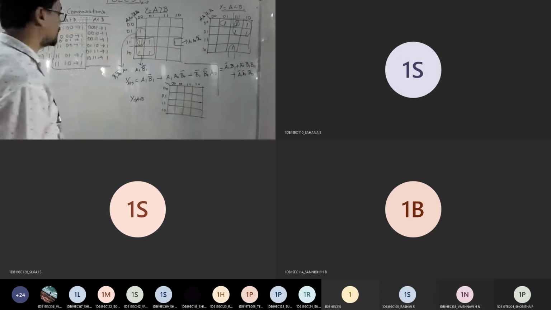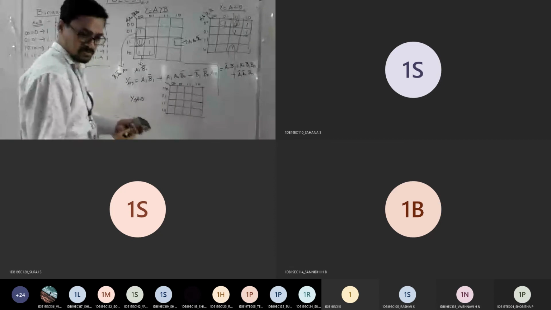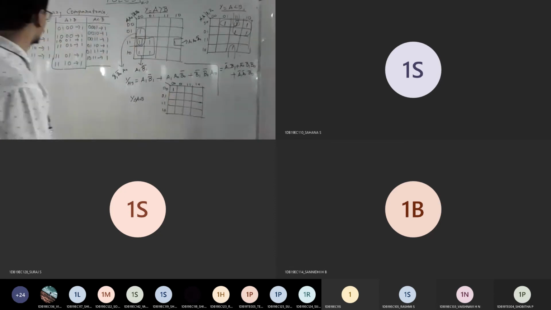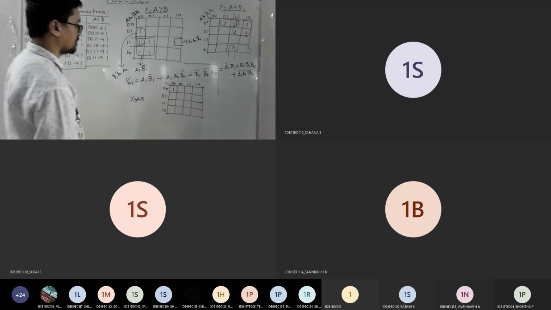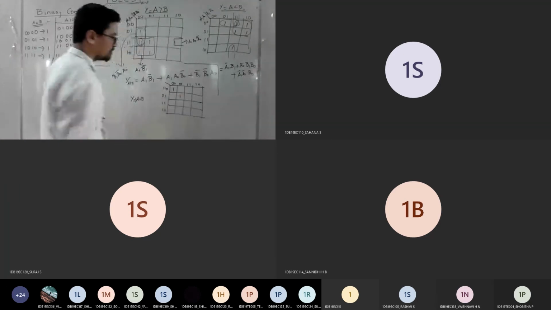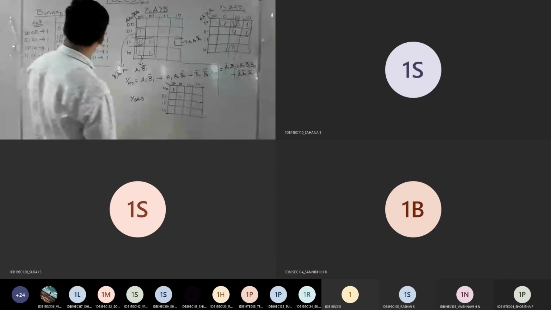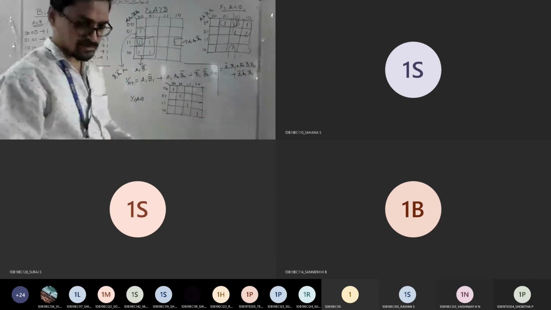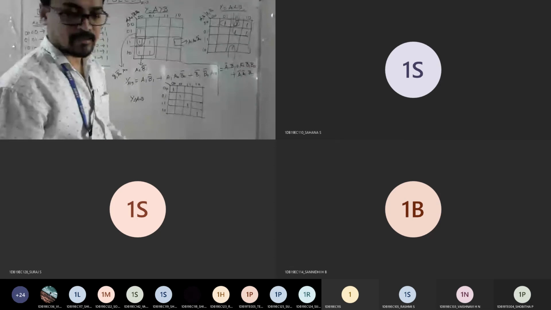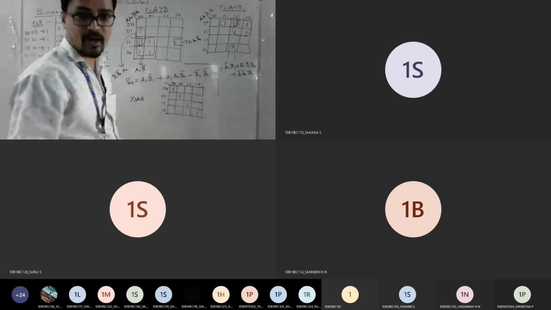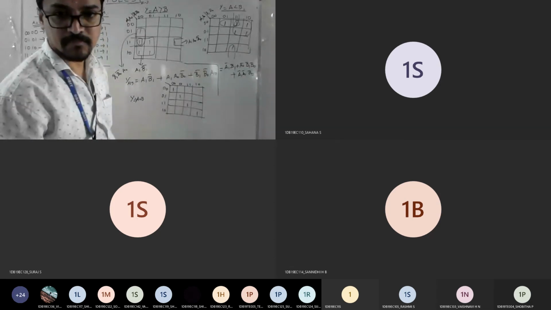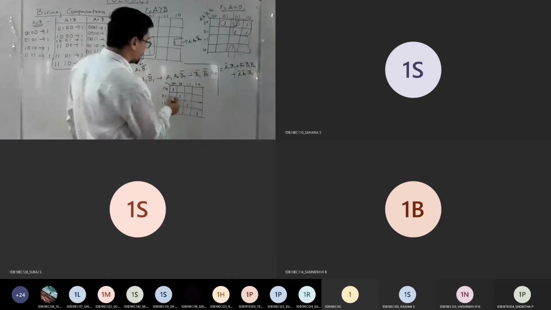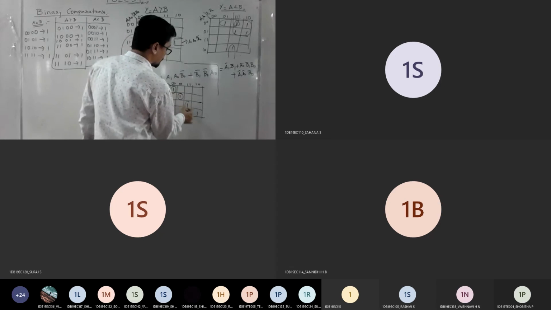So you have double 0 0. Should I write 1 here? Next, 0 1 0 1, so 0 1 0 1 is here. Then again 1 0 1 0 is here. Is it like this? Now, is any quad, octa, or pair possible? No, sir. So everything is single: single, single, single, single.